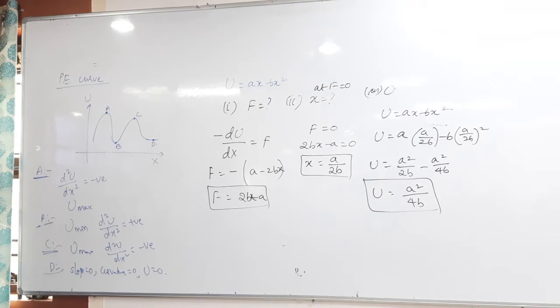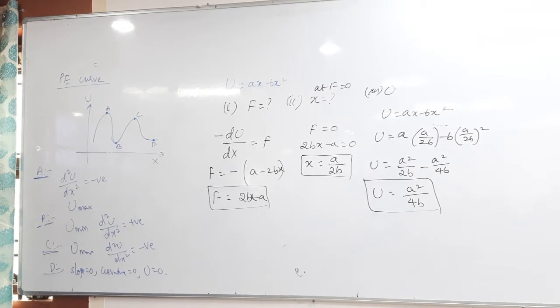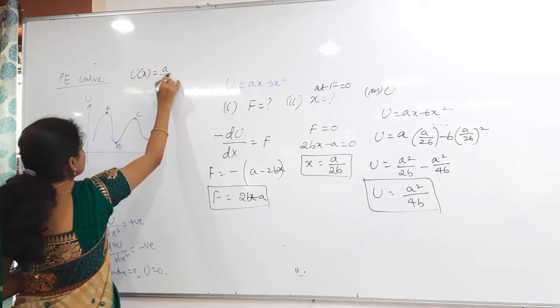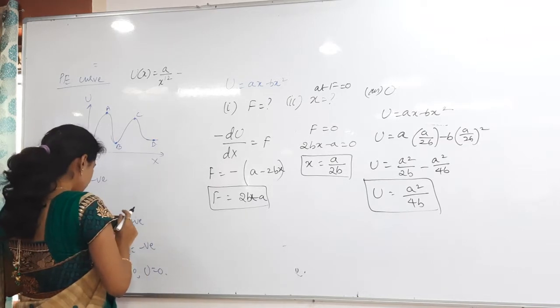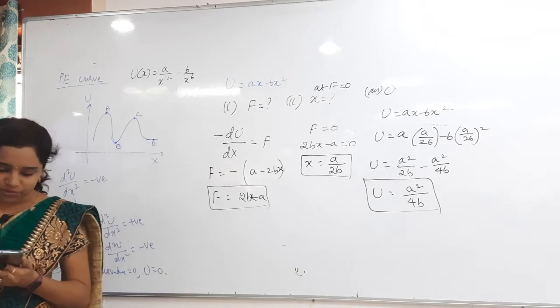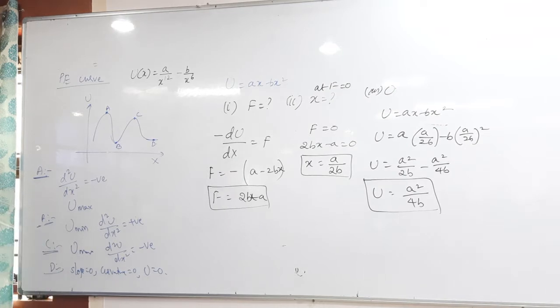In a molecule, the potential energy between atoms is given by U(x) = A/x^12 minus B/x^6, where A and B are positive constants